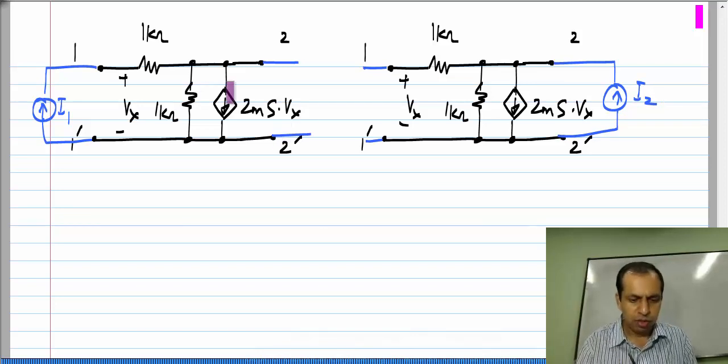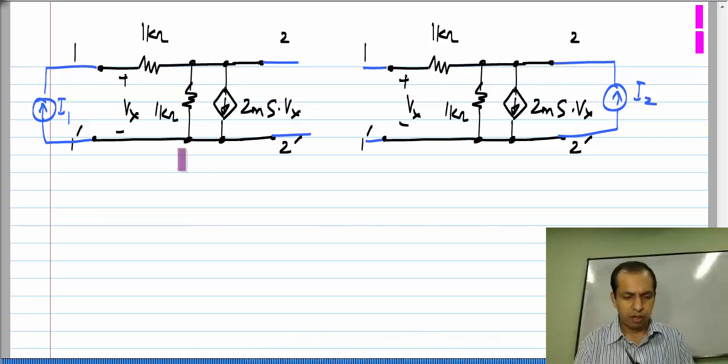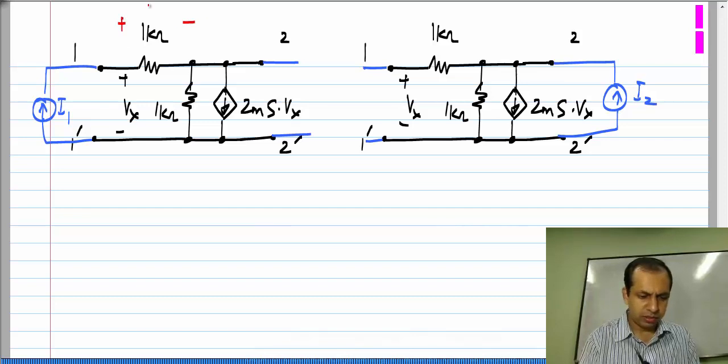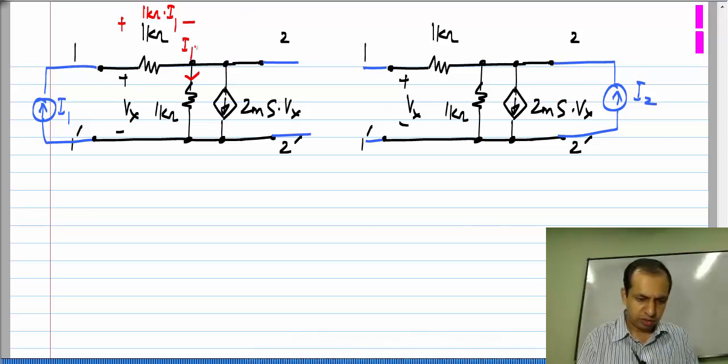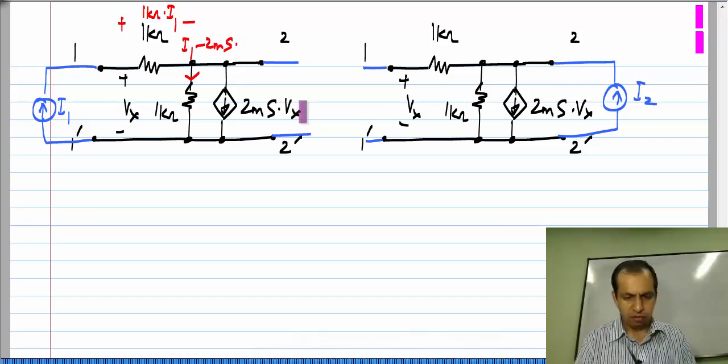So, now we have a slightly more complicated situation with the control source. If you observe this circuit, I 1 flows through this 1 kilo ohm and then the parallel combination of these two. So, the voltage drop across this is 1 kilo ohm times I 1. The current through this resistor is I 1 minus whatever current is flowing through the current source, which is I 1 minus 2 millisiemens times V x,